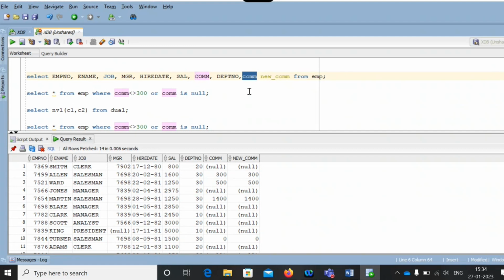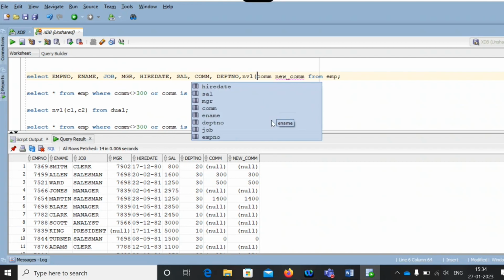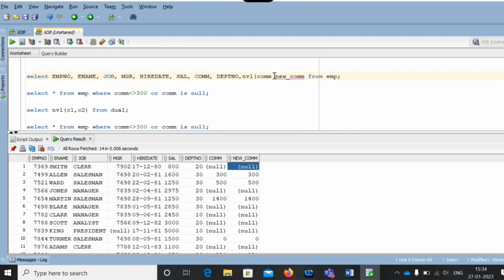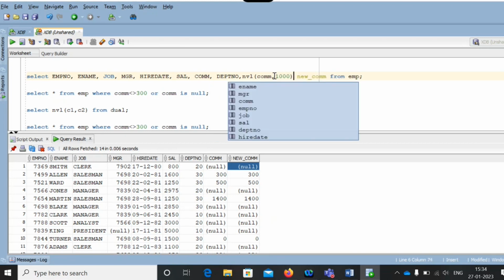Okay, now I'm using the logic here. What function am I going to use? NVL. See, I'm trying to display the results. Whether the column has the value or not. If the value is present here, I will display it. If the value is not present here, see, the first column does not have the value. So I'm supposed to retrieve 1,000 rupees for them. So I'm supposed to give the bonus as 1,000.